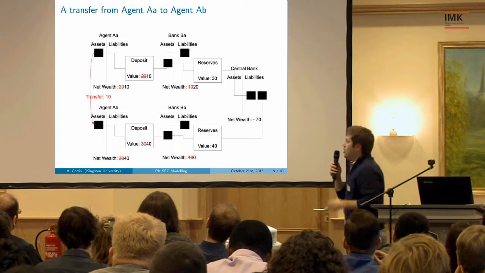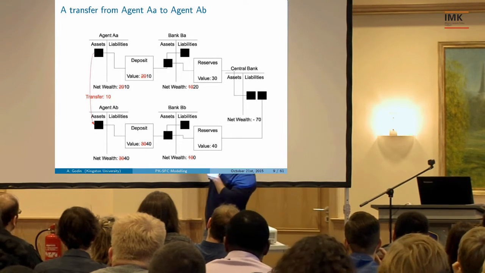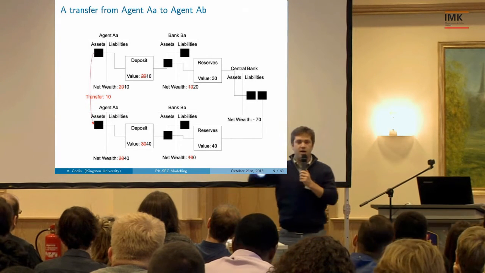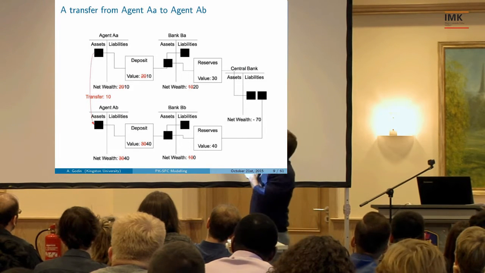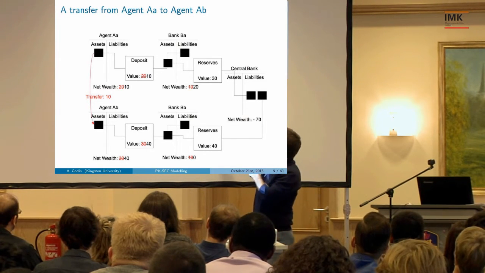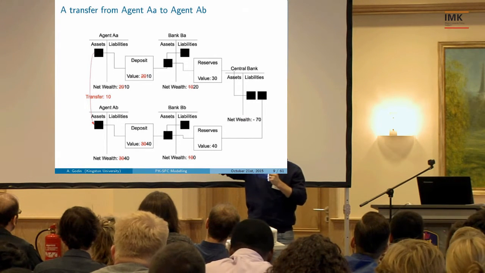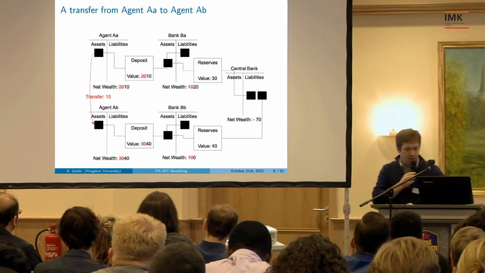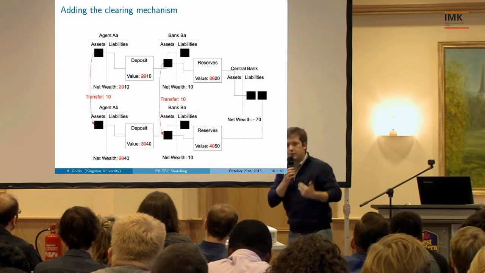AB. Well, if you look only at that, it looks like the transfer of net wealth from agent AA to agent AB, fine. But also, because deposits are a liability for the bank, there's also a change, for the moment, in net wealth for the banks, because bank BA has seen a decrease in its liabilities, and bank BB has seen an increase in liabilities. This is not the end of the story. The next part of the story is the clearing mechanism, by which there's a transfer in reserves from bank BA